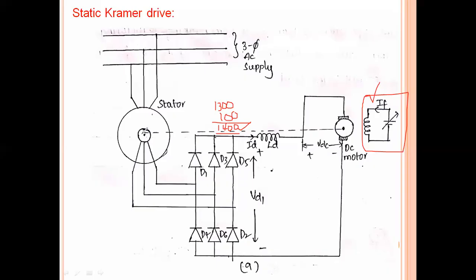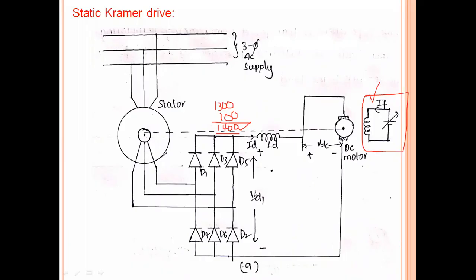And the rotor slip power is converted here into DC power by means of a diode bridge rectifier. Here we can use a diode bridge rectifier or a thyristor bridge rectifier also. By replacing these diodes with thyristors, we can use a phase controlled converter or three-phase rectifier. In the place of the diode bridge rectifier, we can use the firing